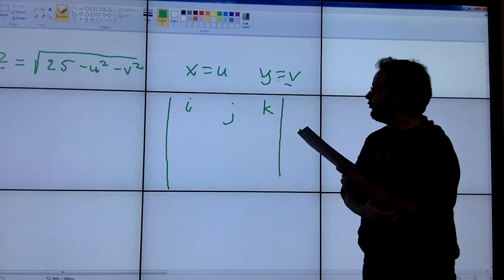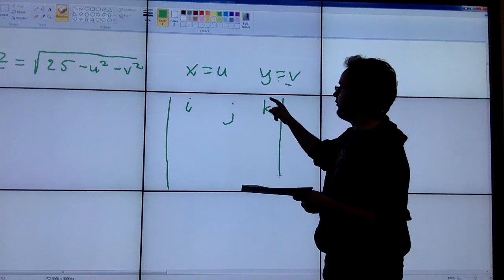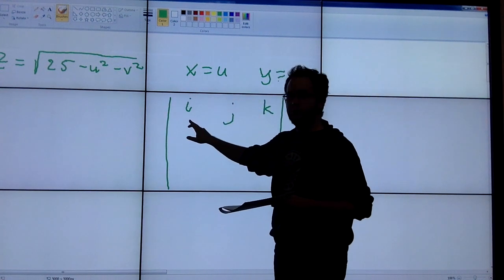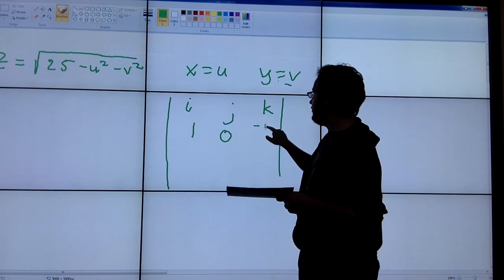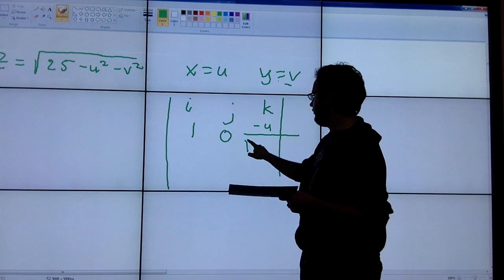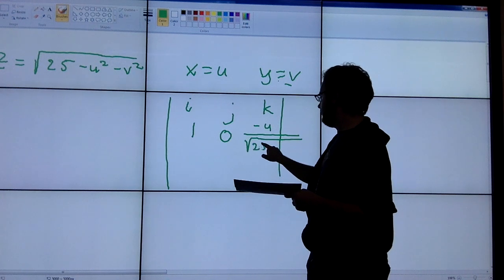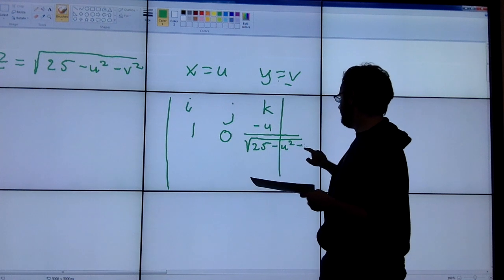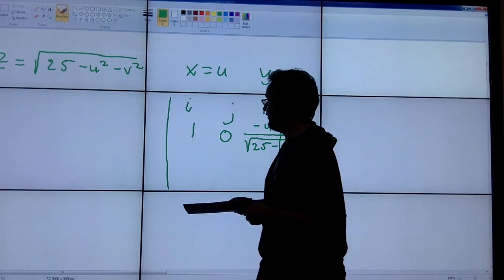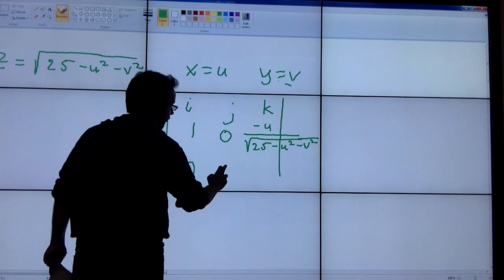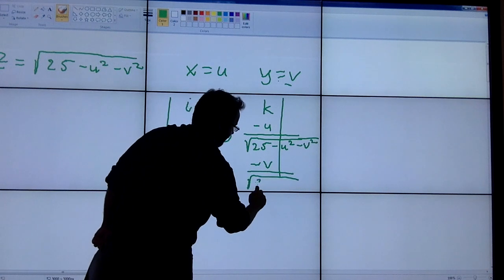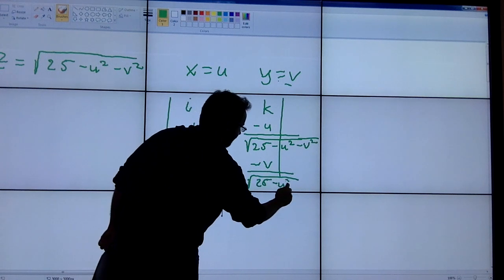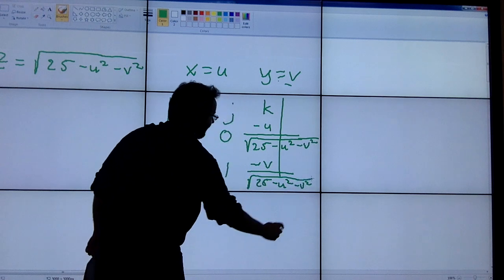Let's go through and take the partial derivative of this with respect to u. What's the partial derivative of x with respect to u? 1. Then we get 0 here. Then we get negative u over the square root of 25 minus u squared minus v squared. And the second row is 0, 1, but then it's negative v over the square root of 25 minus u squared minus v squared. So if you take that cross product,